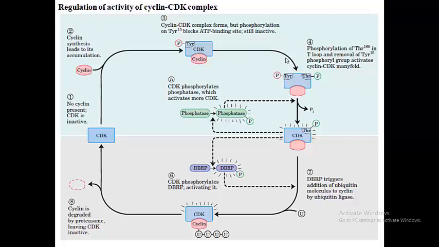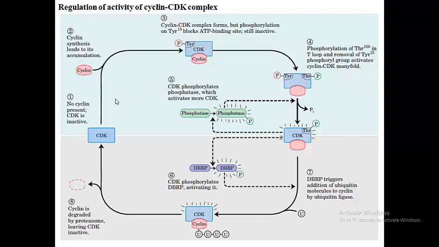This is the diagram of whole cyclin CDK complex regulation in mammalian cell. As we know, cyclin and CDK are present in the cell itself, but CDK cannot play its role alone. It has to be dependent on cyclin. That's why it's called cyclin dependent kinase. When cyclin and CDK attach to form cyclin CDK complex, they become inactive.